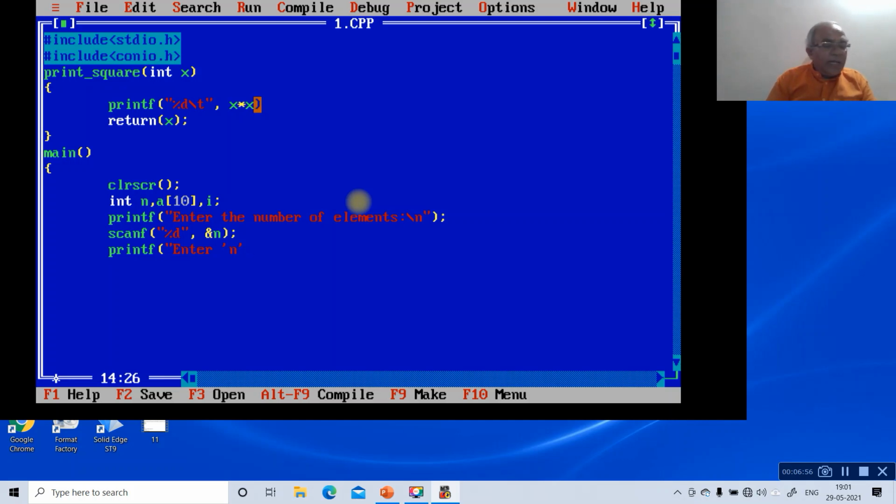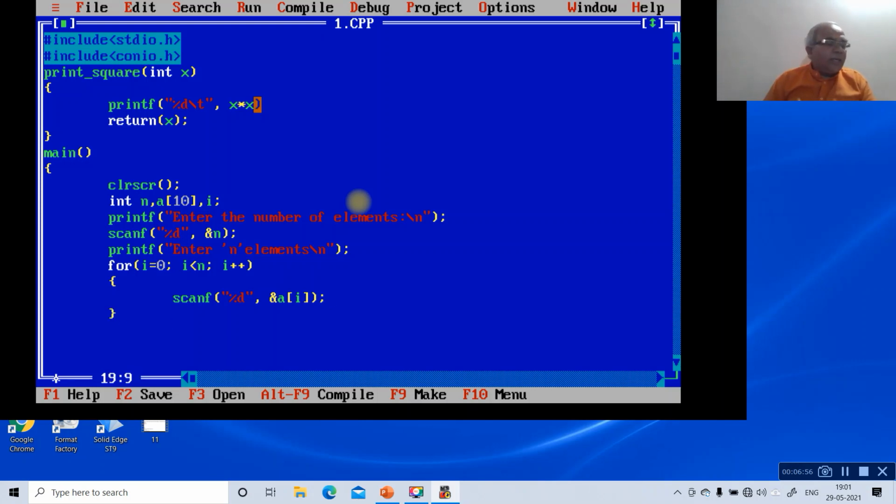So printf "n elements\n". Then I want to read those elements. Because I have 5 elements which I need to enter, I use a for loop: initialization i = 0, i < n is the end condition, then the increment i++. Then open the loop, then say scanf. Since all the elements are of integer type, %d, &a[i], and then close this, then close the for loop.